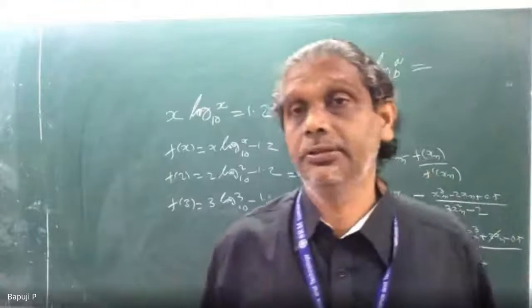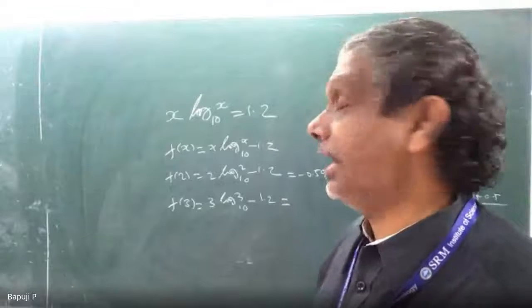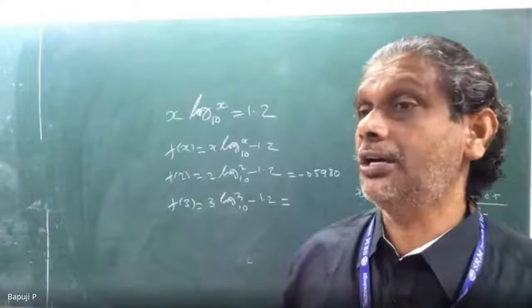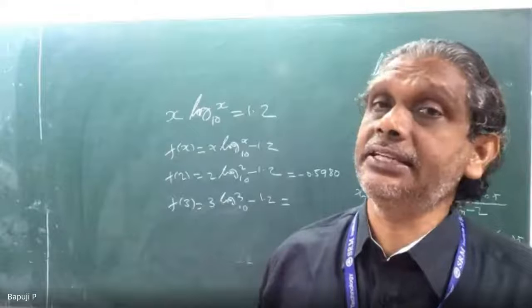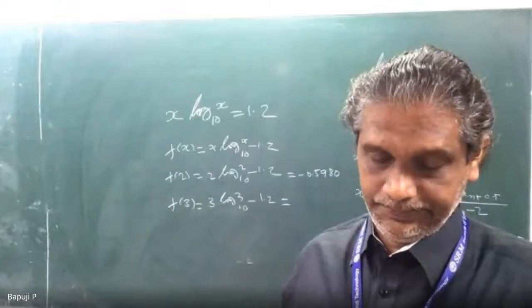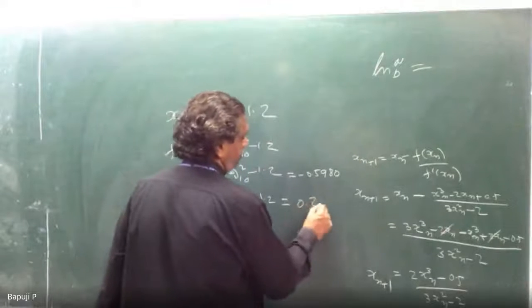Check. Sir, f of 3 is coming 0.23. Then for f of 3 you can use log base 10 properly on the calculator, not ln. Yes, sir. Base 10 power x is there that you can use. I am copying from the textbook, you can check actually. Sir, f of 3 is coming 0.2313. Very good. 0.2313.